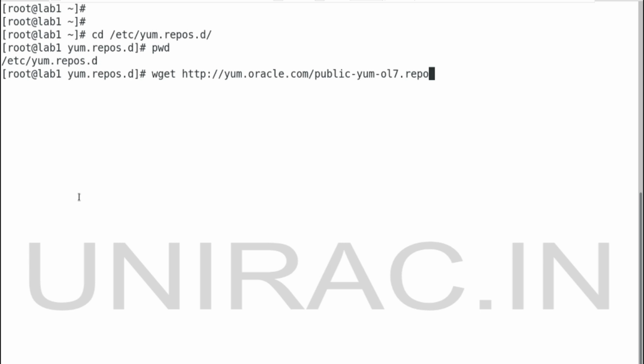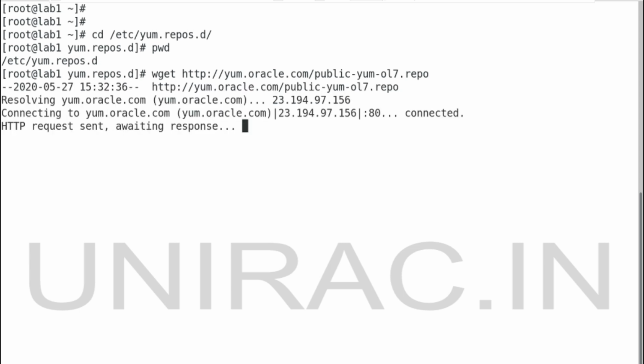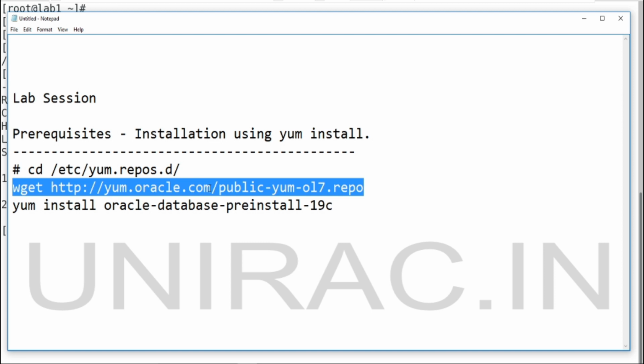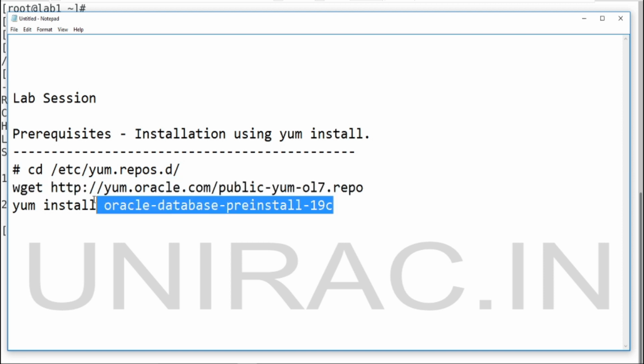Yes, it's connected. It's awaiting the response. It's saved the file. Then we'll use the yum install command.